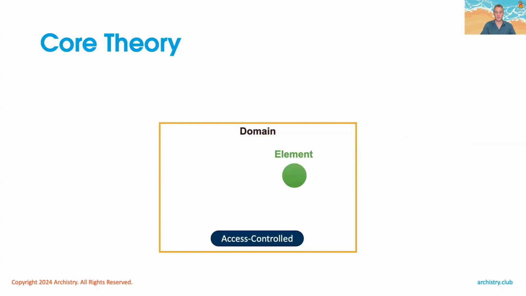Now, what are we going to do once we put it inside? Well, we're going to register it, and we're going to say, hey, we are tracking this element as an identity, whatever it is, and then we're going to give it some sort of credential. Now, this credential allows us to not go through that identity proofing every time. It's a shortcut. And this is where authentication kind of falls down.